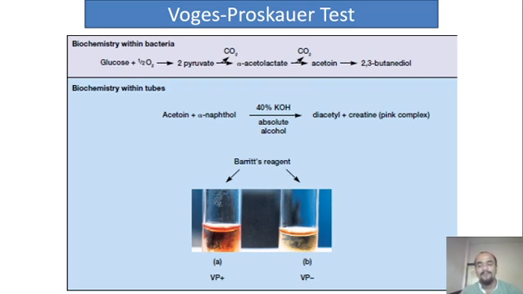So the methyl red test and Voges-Proskauer test basically utilize the same media, which is glucose phosphate broth. So you require only one tube of this medium. You inoculate bacteria and then split that medium into two parts after incubation. In one tube you can add methyl red, and in another tube you can add Barritt's reagent to carry out Voges-Proskauer test.